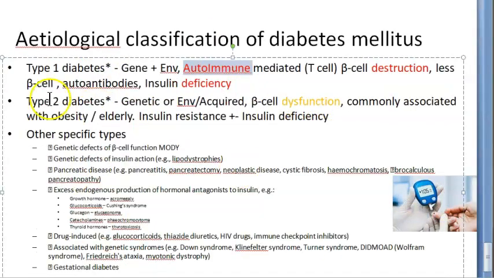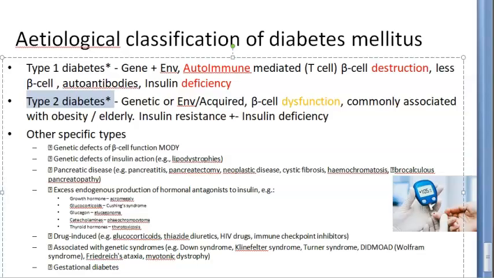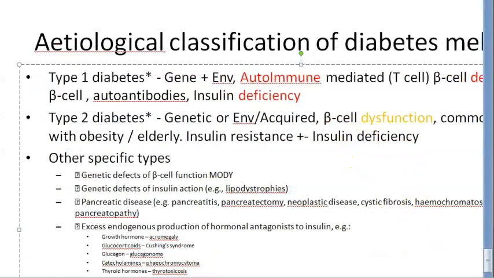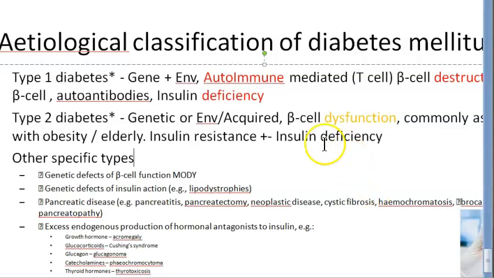Okay. Now, type 2 diabetes. Now we are moving on to what, people? Type 2. Now what is type 2? Type 2 mostly you would have seen in our parents, etc. That is where beta cells are there, but they are dysfunctional. That means they are not working properly. Okay, there is nothing autoimmune in this condition. So beta cell dysfunction is there, because of which insulin deficiency can be there,